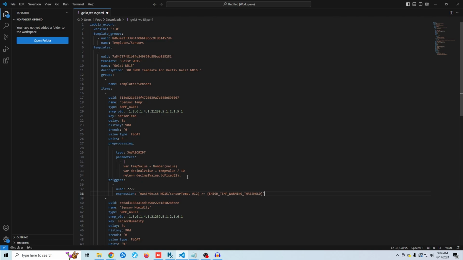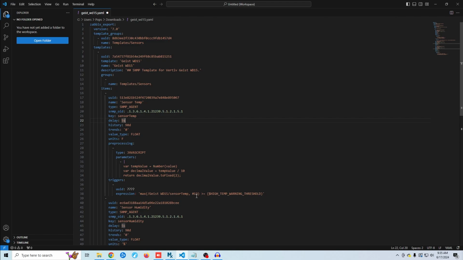All right, so let me explain to you what is going on here. What I am saying is I want to take, so this is the name of our template, and this is our key. Remember, our key is going to be the variable for our item. So I want this template with this key every 12 data points. Remember, we did 5 seconds, so 12 times 5 is 60. So every 1 minute,